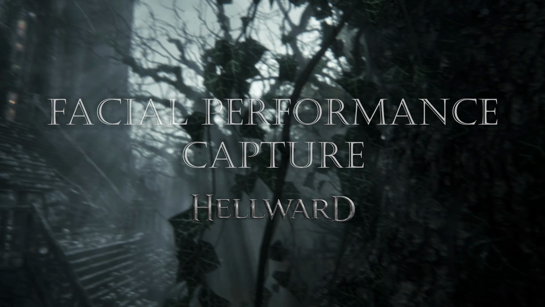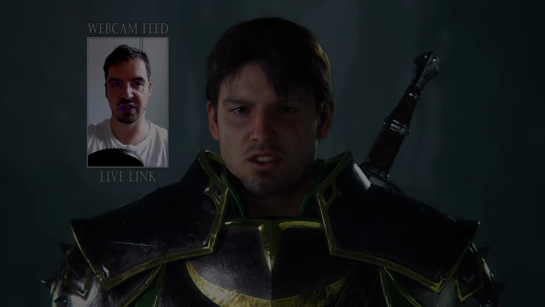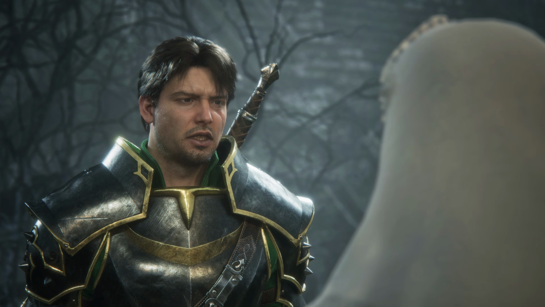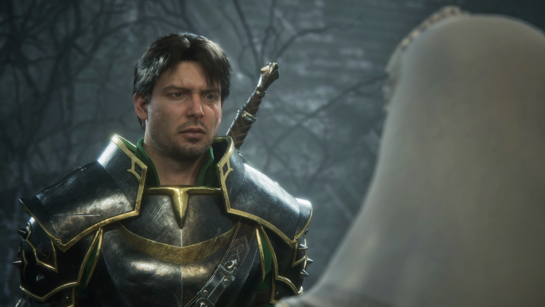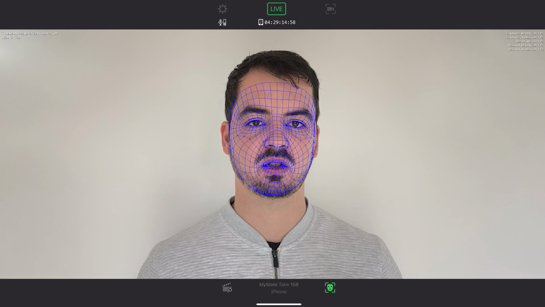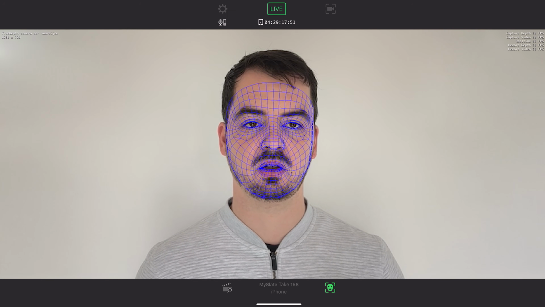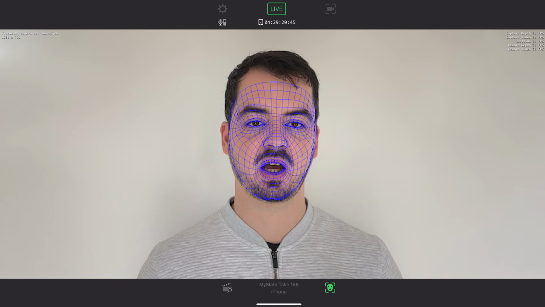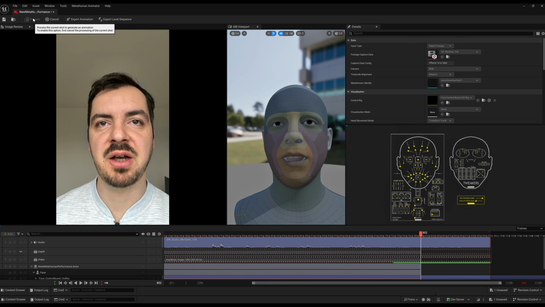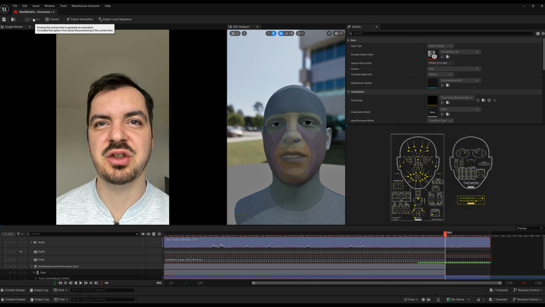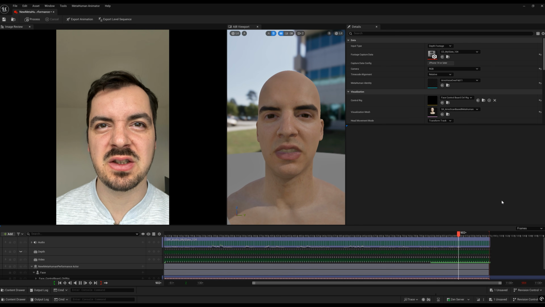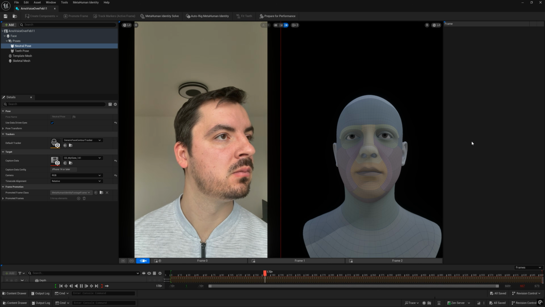Next, let's take a look at the facial capture. I already experimented a bit with LiveLink using a webcam in the past, but for this project I wanted to push for the highest quality I could get as a solo developer. So I used the LiveLink Face app on my iPhone, that way you can also capture depth information. I recorded the performance instead of streaming it in real time, then I processed that recording using a MetaHuman Performance asset. The big advantage here is that you can use a custom MetaHuman Identity, which keeps the performance much closer to your actual face.